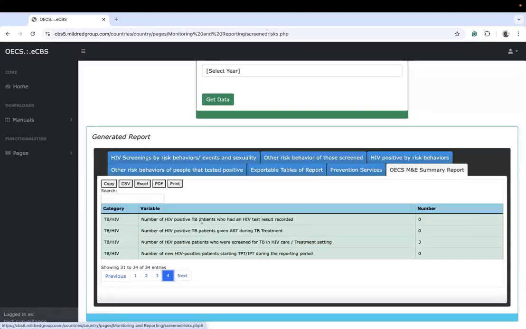We get the number of HIV positive TB patients who had an HIV test recorded, the number of HIV positive TB patients given ART during TB treatment, the number of HIV positive patients who were screened for TB in an HIV care setting, and the number of HIV positive patients starting TPT or IPT during the reporting period. So these are the reporting indicators from that sheet, and the system gives you. So assuming you have your records complete on the system, you can trust what information you get out of this